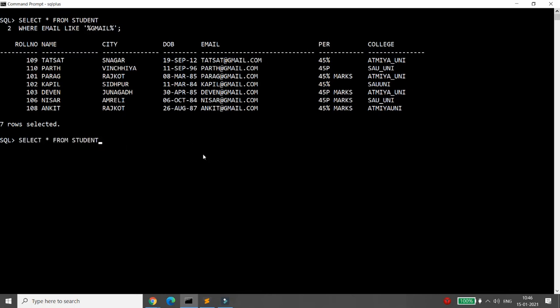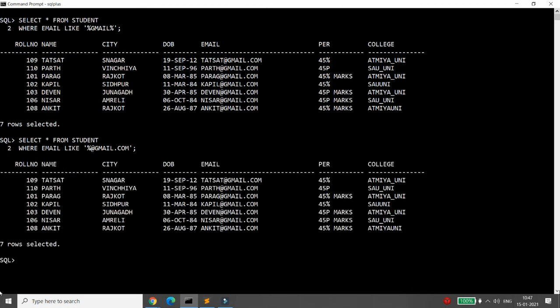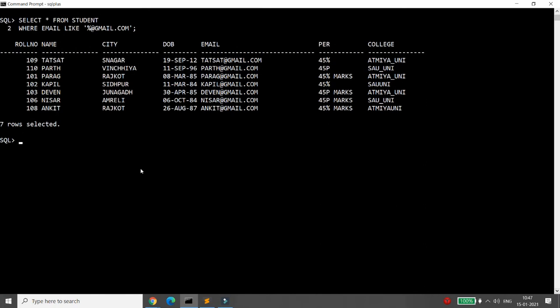So if I want to be accurate, you can write where email like percentage at the rate gmail.com. It means any letter before the at the rate gmail is allowed, but the domain is strict, and then you will get the data. In this case, if my email ID is gmail@yahoo.com, then it will not match the record, right? So in this situation we can use the like operator for pattern matching.